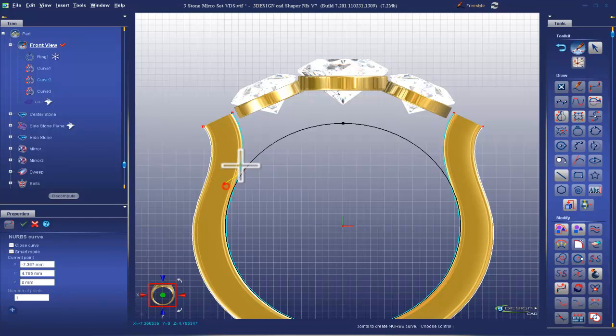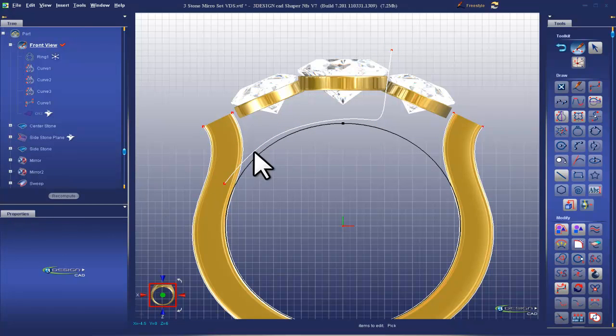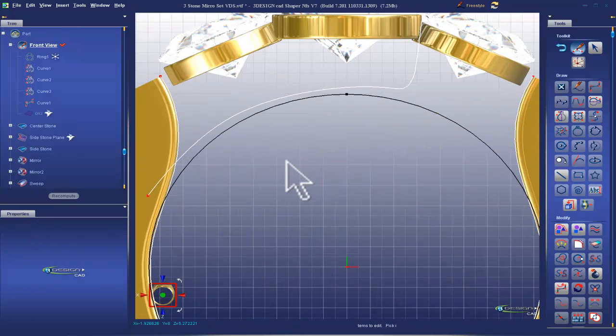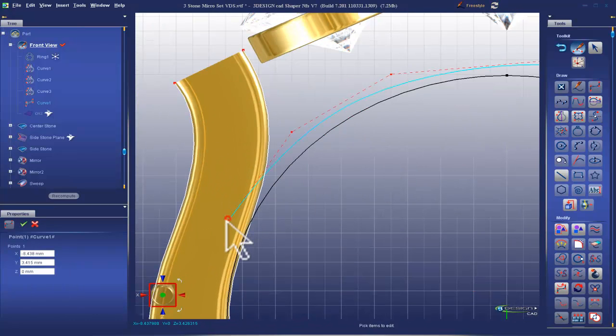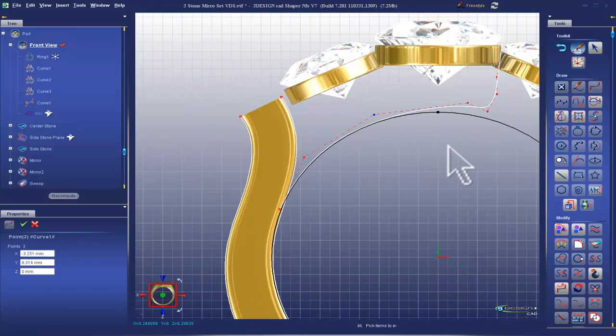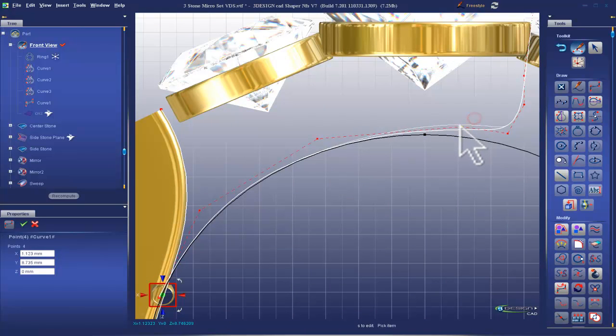So back to the sketch, and I'm going to add in the curves that will eventually make up my prongs. And this curve, I'll just drop, I don't know, 5, 6, 7, 8, 9 control points to start. A couple extra. I may want to get rid of them, but good to have them there. Get rid of my snap to grid. And now this curve needs to correspond to the ring size exactly, because it's going to serve as the size for the top of the finger. So bring it through like so,